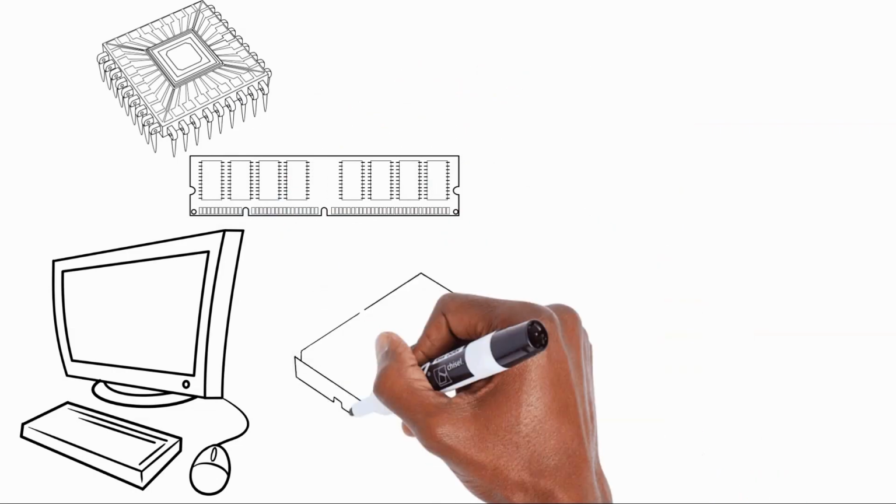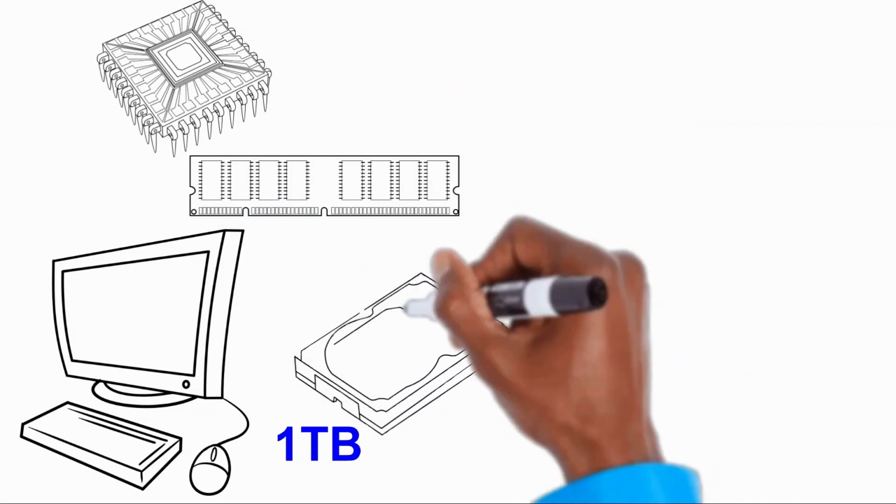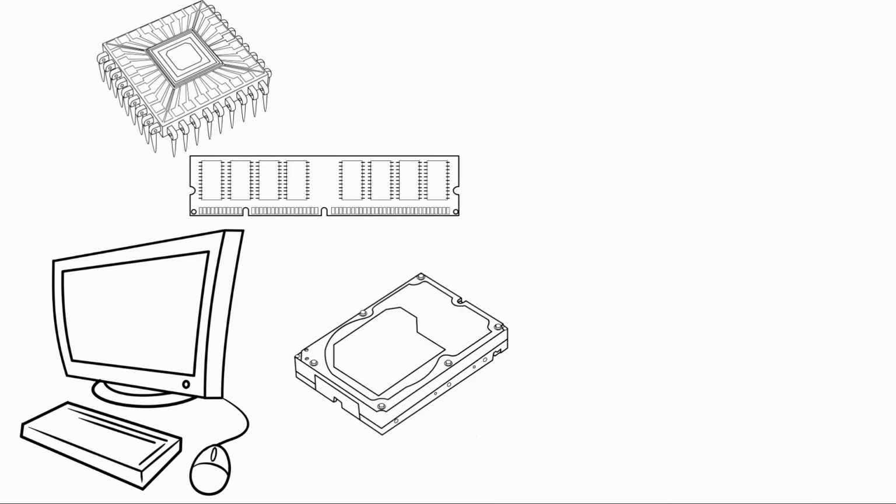Lastly, it will have some sort of storage like a 1 TB hard drive. Let us now imagine that after booting up your computer, it is using half of the available system memory for the Windows operating system and any other applications currently running. Let's assume only some of the processor cores are being utilized as well as a small proportion of the physical storage on the hard drive. What all this means is you have a spare capacity in terms of memory, processor, and hard drive resources.